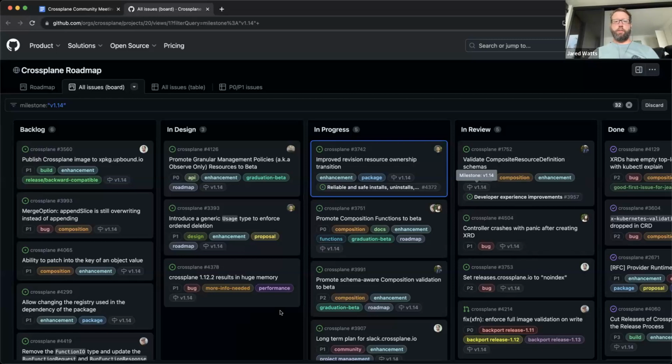And then I think there's a few other things I would call out here as potentially issues of concern that we would want to invest in for 1.14, but they don't really have an owner yet. So I'm just going to call those out without an action plan right now, which is okay. We can figure out an action plan. But 4378, Crossplane 1.12.2 results in huge memory. That one still was kind of concerning for me. I haven't heard wide and frequent reports of lots of people seeing that, but I did hear a couple at least. So that's on the back of my mind, and getting some attention on that in 1.14 is kind of important.